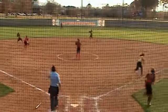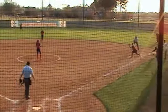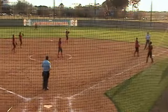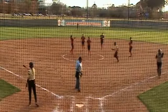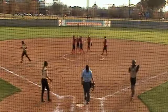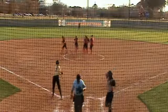First pitch swinging, Cooper. Grounder to off the third baseman's glove. Watterson to Moore, and she fires over to first in time. So 5-6-3 on that put out as Cooper is retired for the first out here in the top of the